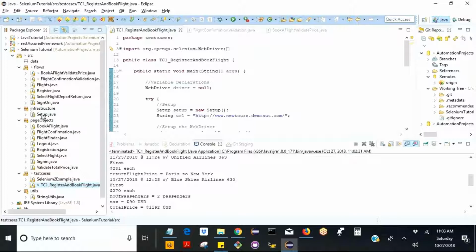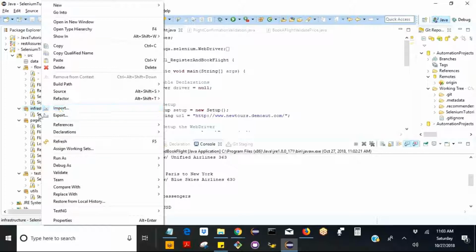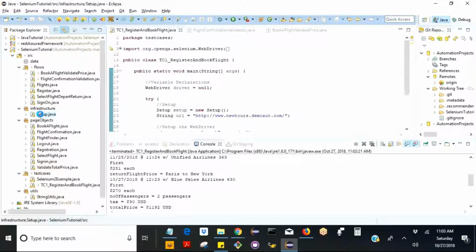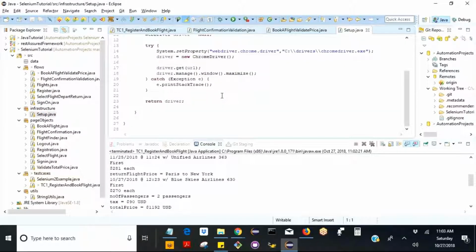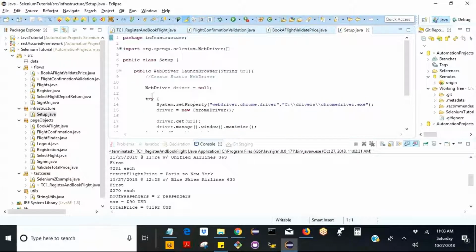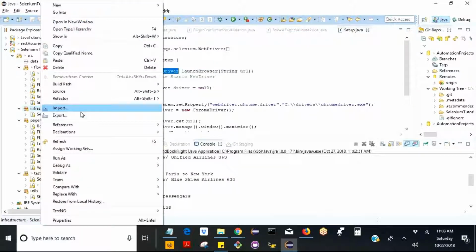Okay. So now we will do some enhancements to this. Like I said, we have to create some infrastructure functions. Correct, infrastructure functions. Let's create. There is already a setup which is acting as a driver creator, which is returning a WebDriver. So let me create another class called